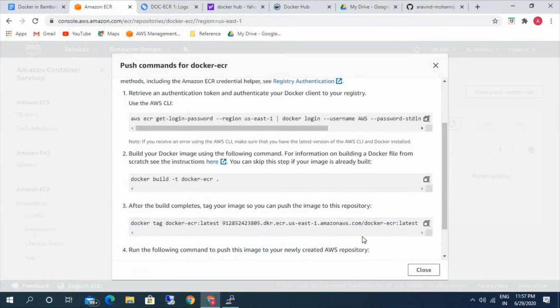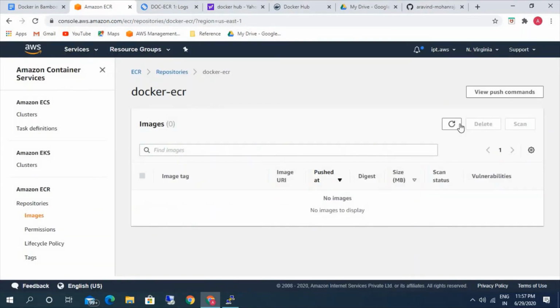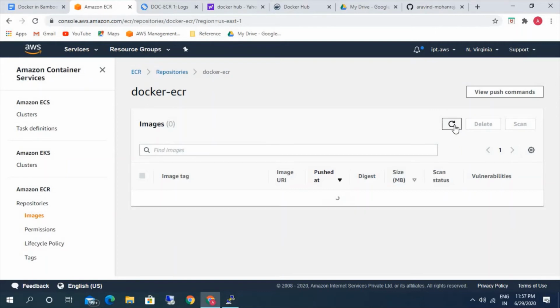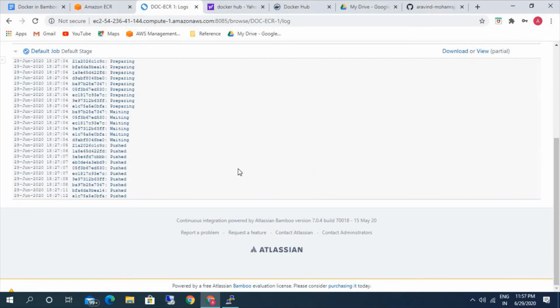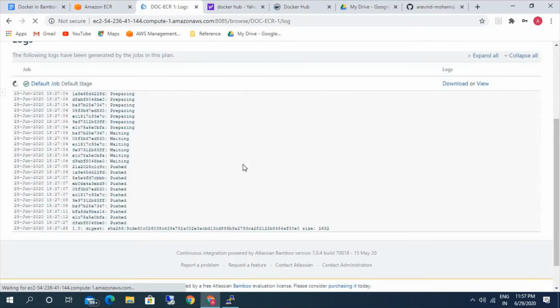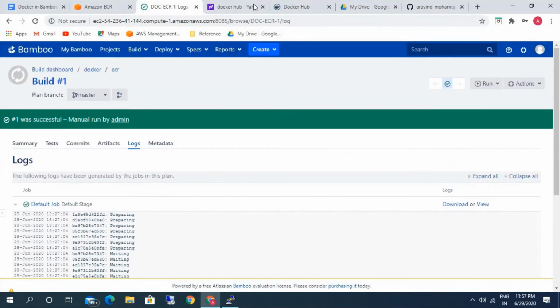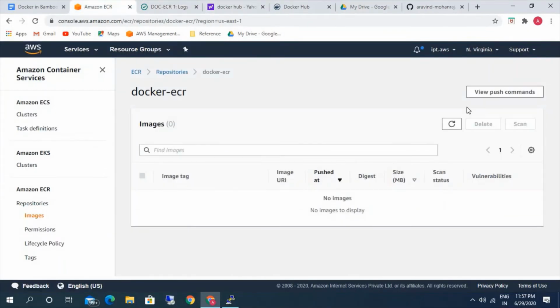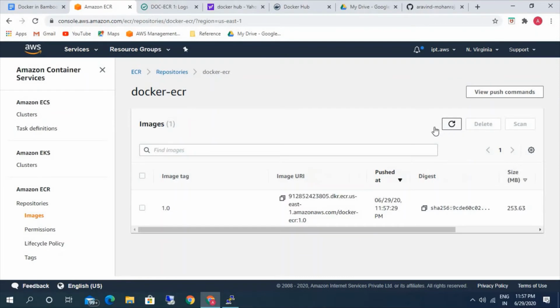Let's refresh. Still running. Okay, it's completed successfully. Let's check the ECR. If you see here, the image tag 1.0, so the image that we built was successfully pushed to the ECR.